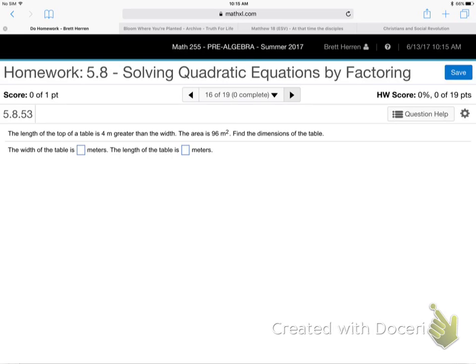All right. The length of the top of a table is 4 meters greater than the width. The area is 96. Find the dimensions of the table. Okay, the top of a table